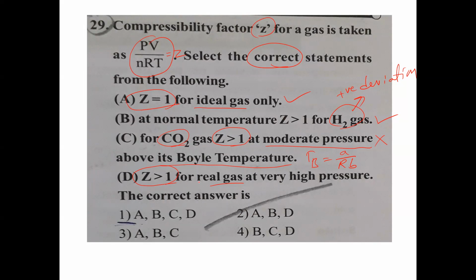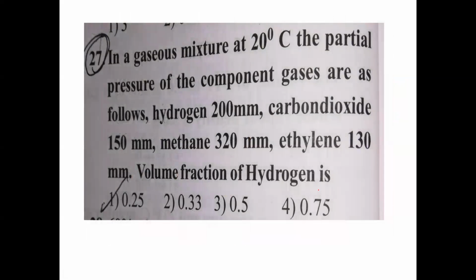At very high pressures, Z value will always be greater than 1 for any real gas, like CO2, NH3, H2. Any gas will show positive deviation. Z value will be more than 1 at very high pressure. Is that clear? So A, B, D will be the answer. Next,